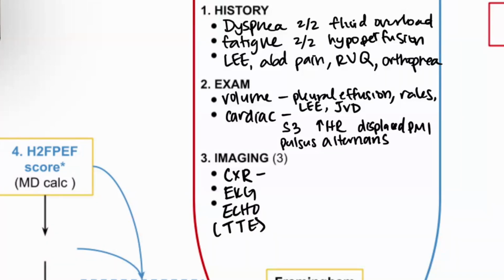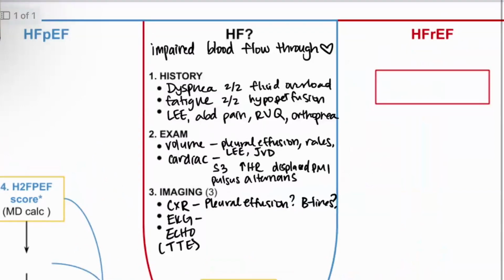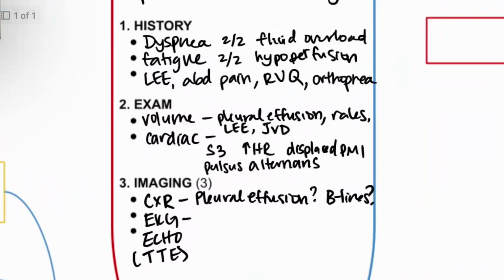The chest x-ray is going to tell us a little bit about whether they're fluid overloaded, but it also could tell us if there's a different reason that explains their dyspnea and the fatigue. So chest x-ray, we can look for fluid, Kerley B lines, that kind of thing. And then EKG, we can talk a little bit more about when we look at reduced ejection fraction versus preserved, but it can also help us identify MI as an underlying cause for their heart failure.